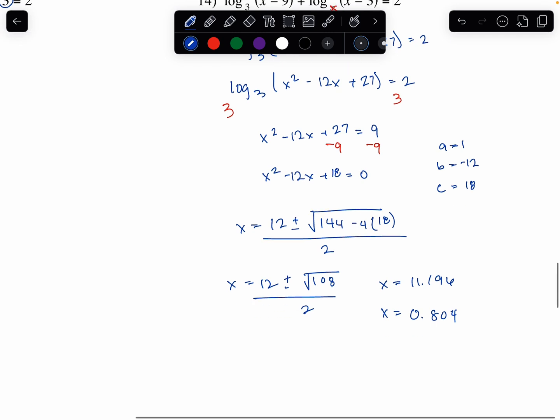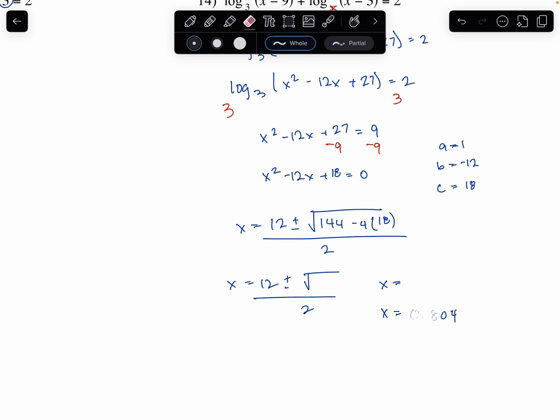Okay, let me redo these right here. So that's not going to be 108 right there. That's not going to be correct. So 144 minus 4 times 18. Do the square root of that. So we do 12 plus the square root of 144 minus 4 times 18, and divide that by 2. And I get x is equal to 10.243. And then if I do this right here, but I do subtraction, divide that by 2, and I get